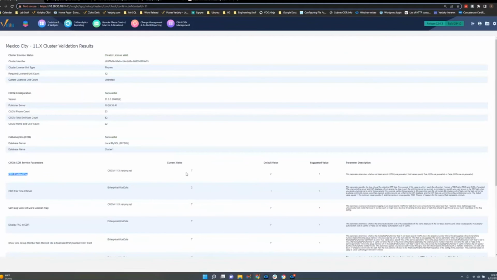If it is set to false, which as you can see over on the right, the default values are set to false, just make sure that those are in line. Then certainly you can go to Call Manager and turn those on if they're set to false. Unfortunately, if they are set to false, there's no way for us to reharvest the data that was not generated off of those subscriber nodes. Right, good point. So good question, Kevin. Thank you for that.